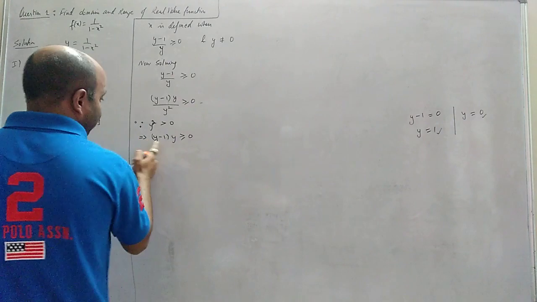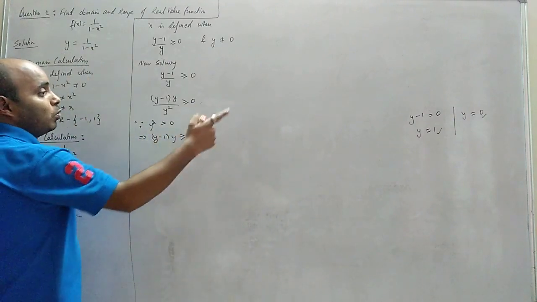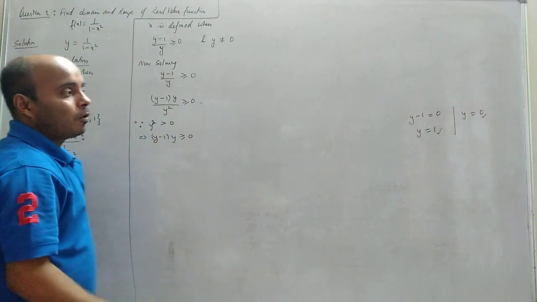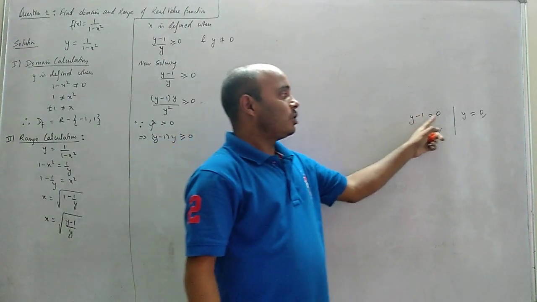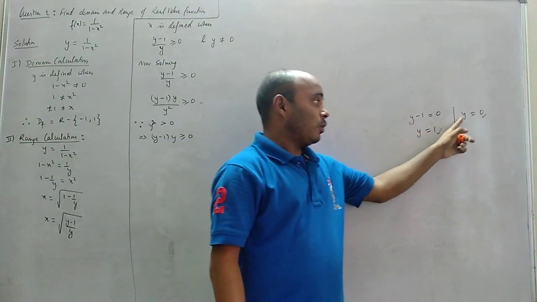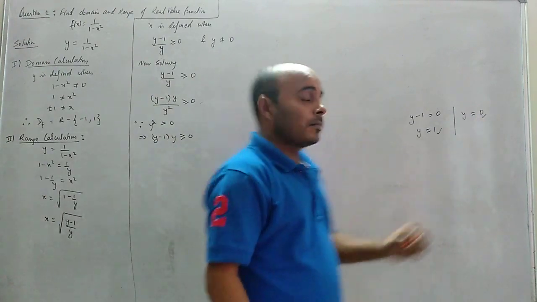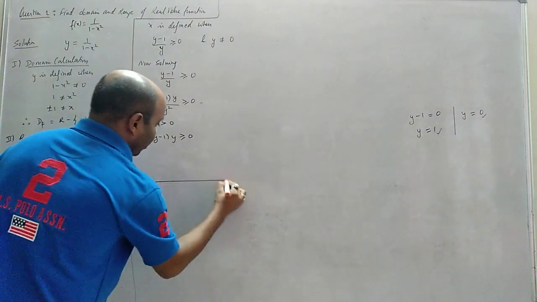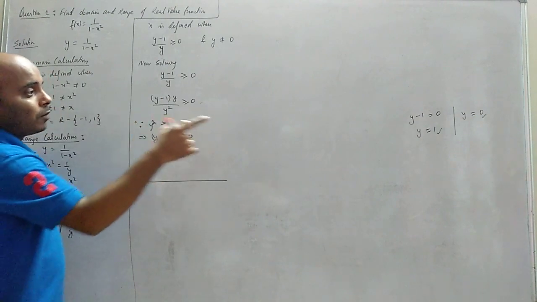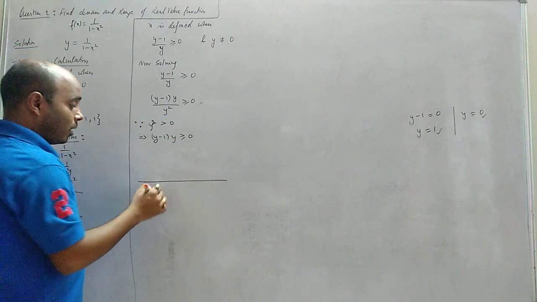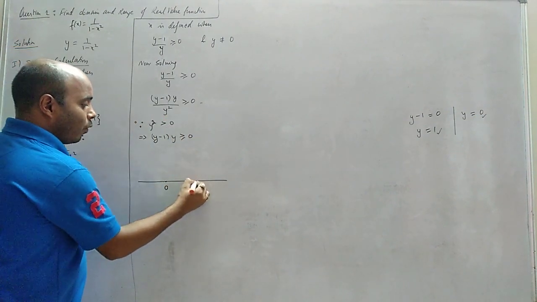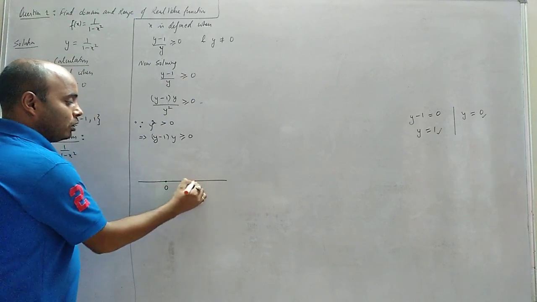Whatever the terms you have here, make those terms equals to 0. From there, get the value of points. We have made y minus 1 equals to 0. From there, we get y equals to 1. We get y equals to 0. Now, एक ही term है y. So we got 2 points, 0 and 1. Now, these things you have to show in the question, not in graph. Out of 0 and 1, which will come first in the number line? 0, then 1. Okay, you got these 2 points.